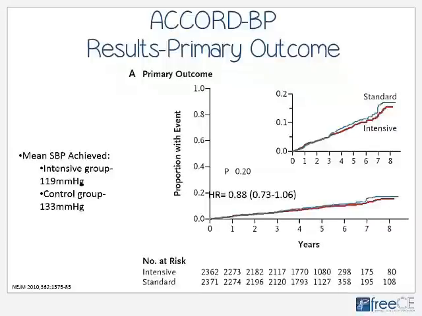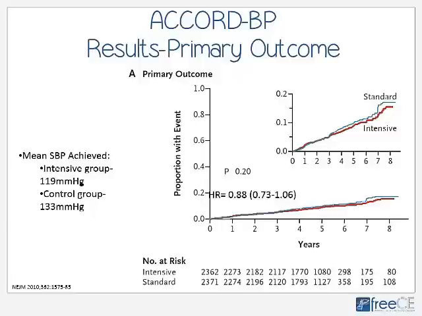For the results, I want to point out the systolic blood pressure achieved in each group. For the intensive group, they got blood pressures down to 119. For the control group, their blood pressure got down to 133 systolic. So we're basically comparing 119 to 133. And you can see that there was not a statistically significant difference between these two groups. So an intensive systolic blood pressure performed the same as the standard or control blood pressure of 133 in terms